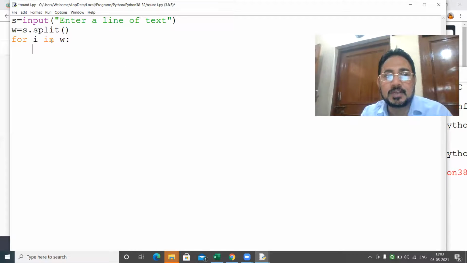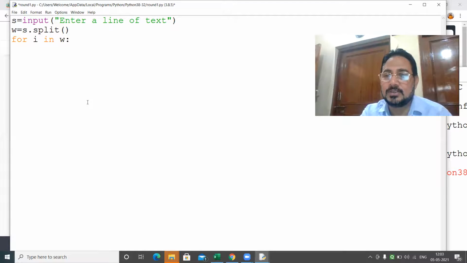Once I'm using the loop, all the words are in W, and I has one word at a time. When we write for I in W, I has the first word. Suppose I use the word India.